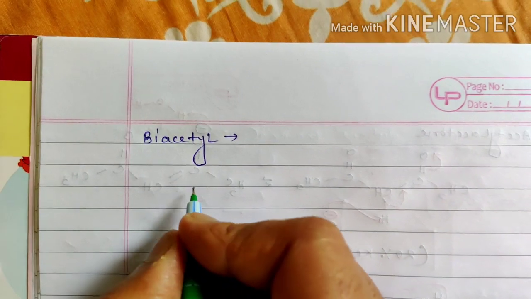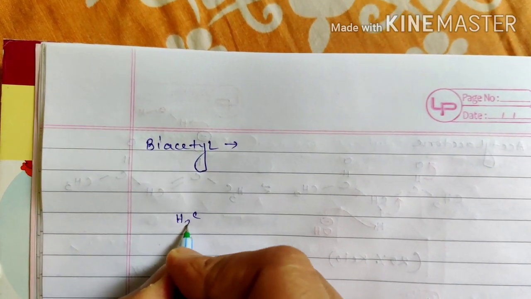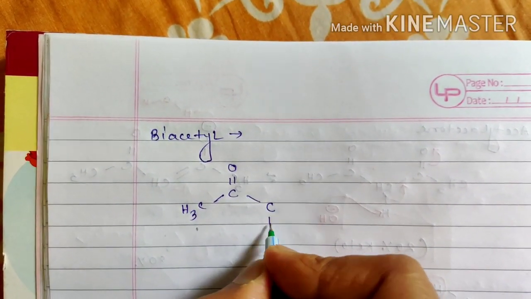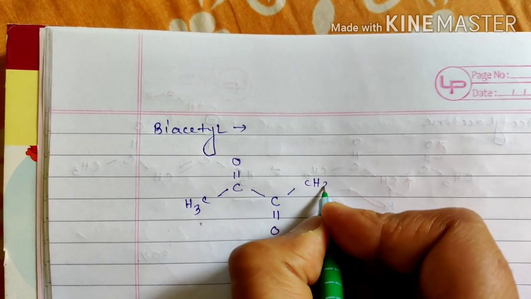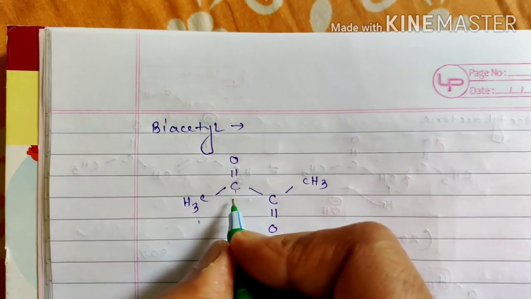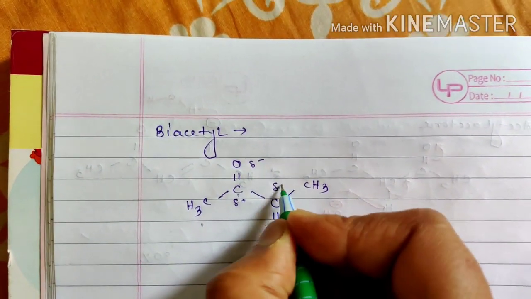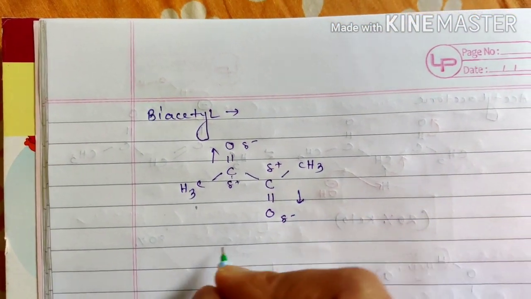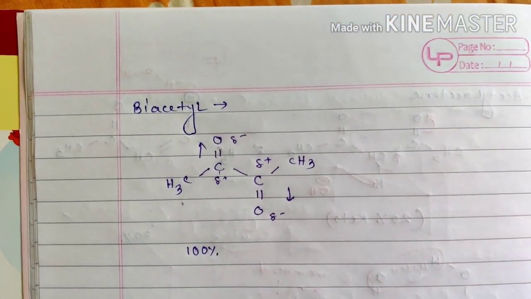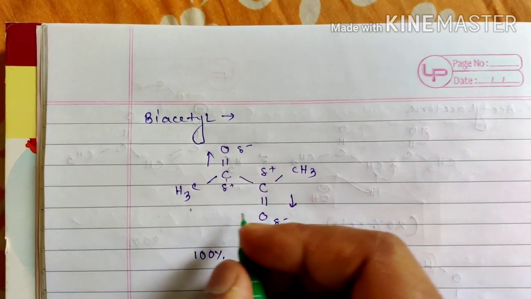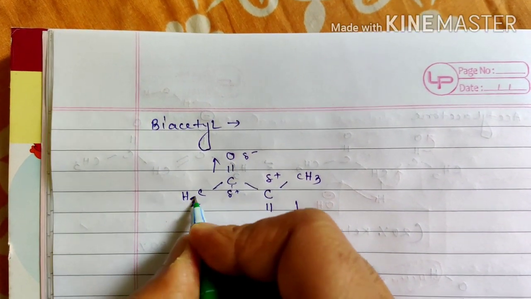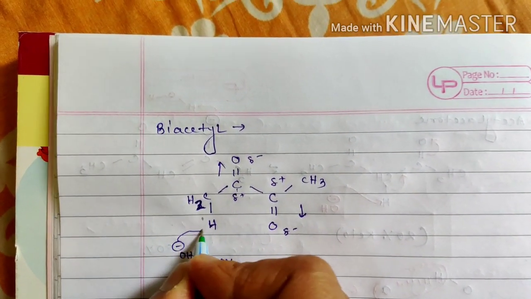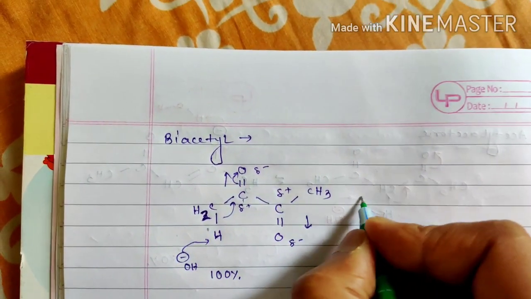In case of biacetyl, we can see the biacetyl will look like this: CH3, C double bond O, C double bond O, CH3. So here also there are 2 polar groups like the previous case, delta plus, delta minus, delta plus and delta minus. But since they are in 2 opposite directions, this is exceptionally stable. It is found to be almost 100%. So although there is a chance that if I rewrite this CH2 and as hydrogen, and if you want to show the Keto-Enol Tautomerism like this, it can form,